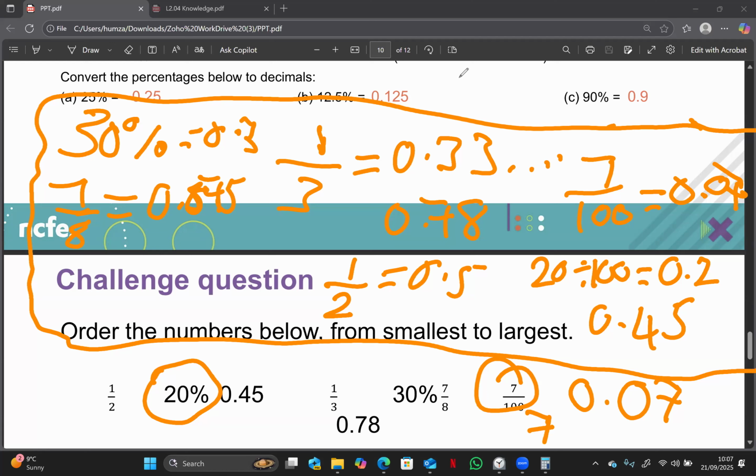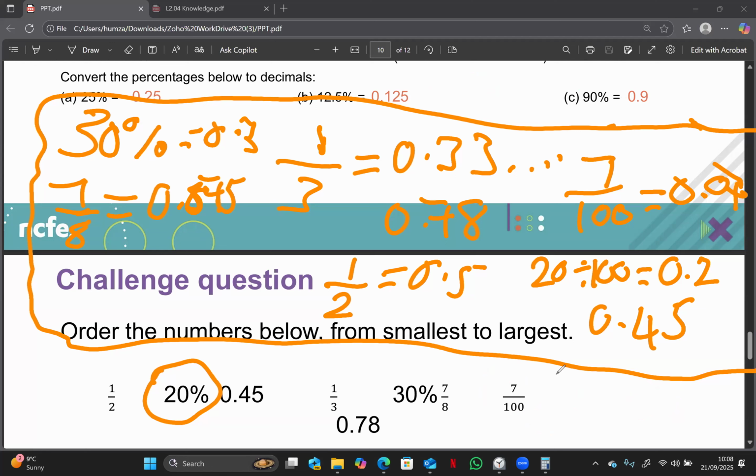I think you're getting confused. It's not 0.7, it's 0.07. Oh, there's a zero there. Yeah, do you understand? Okay, so what's the smallest then? The smallest is 7, yes, it's 0.07. So number one will be